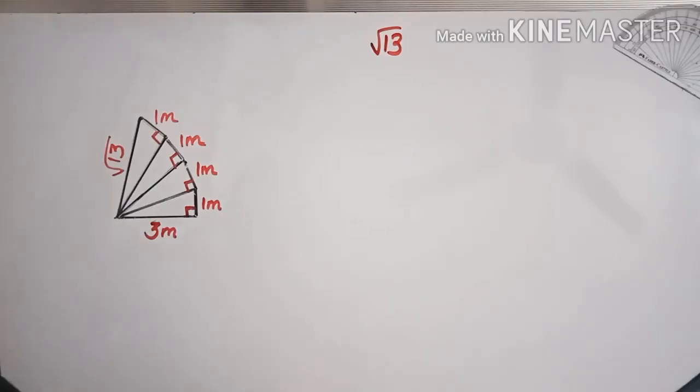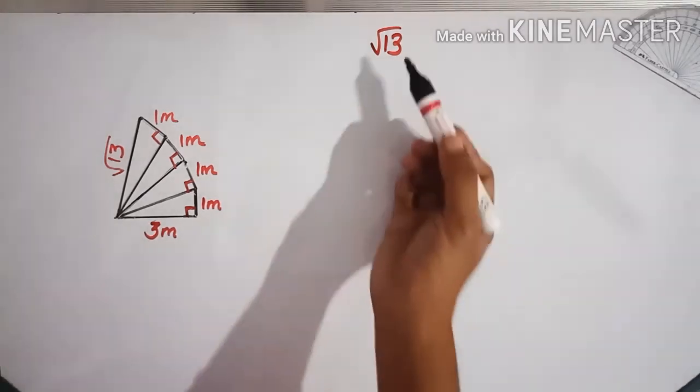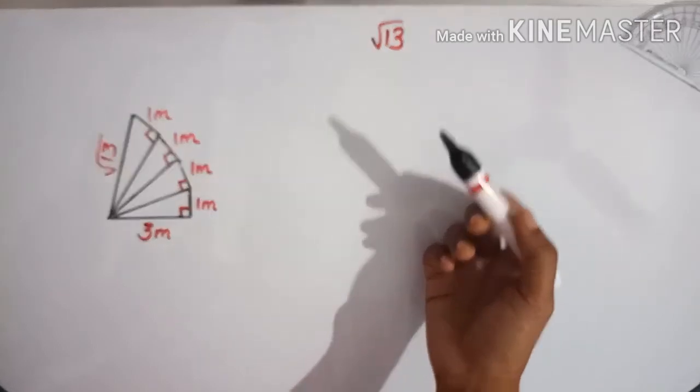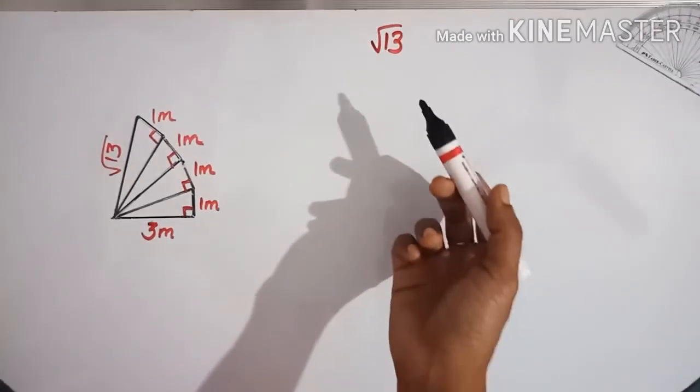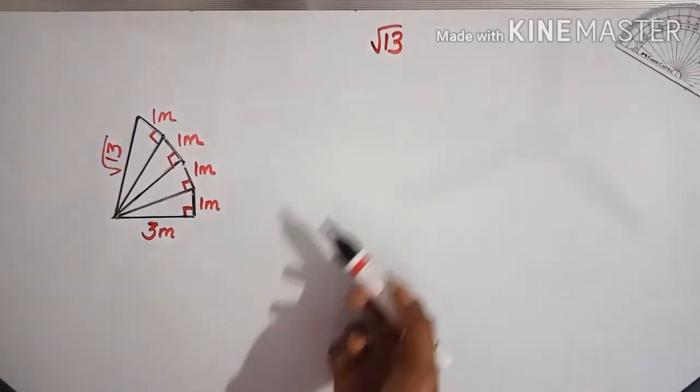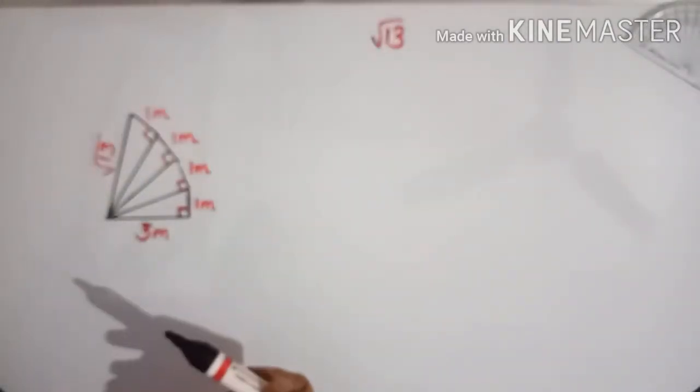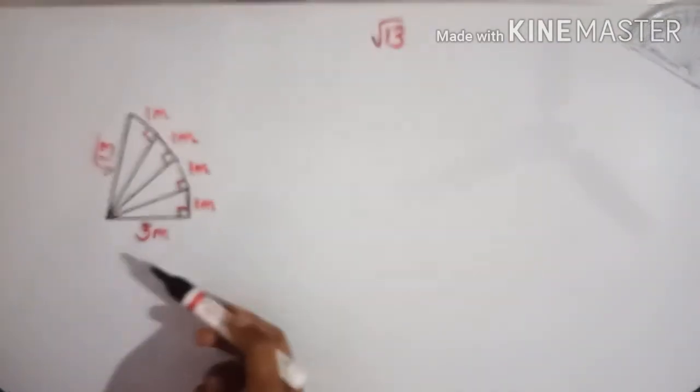So in order to draw a line of length root 13, the first method I have already explained for the previous problem. What was that? One adding, one subtracting, like that. 13 plus 1, so that is 14 by 2. Then 13 minus 1, 12 by 2. By drawing the right triangle, you can draw that. Now the second method, you can apply this.